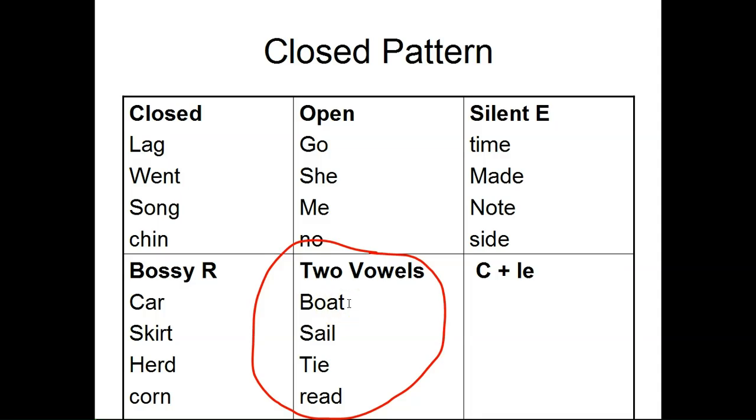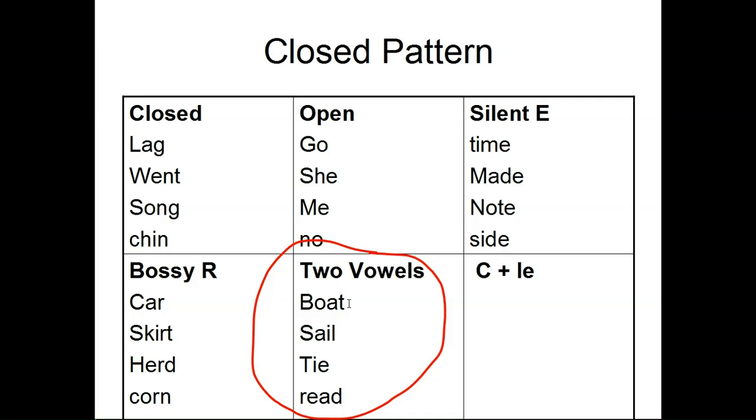vowels in it. You also want to ask the child what other pattern had two vowels in it. And the child might think about it and say silent E, it does. And then you want to be able to compare and contrast those two patterns. Where are the vowels in comparison to each other? After you've made those comparisons, taken a look at those, then you want to start thinking about what sound the